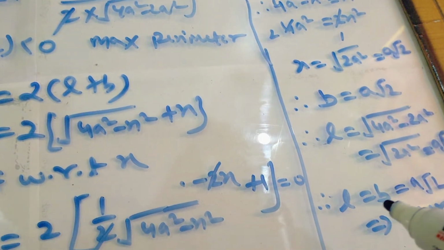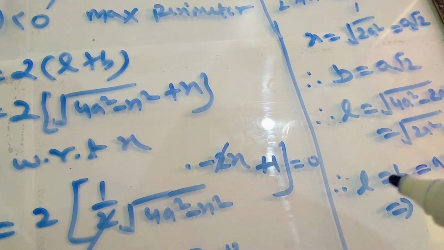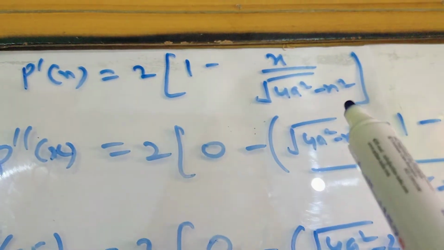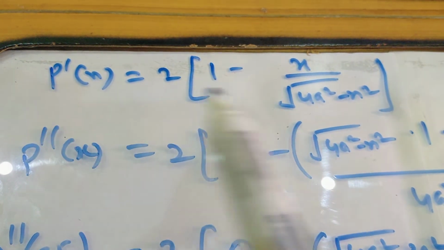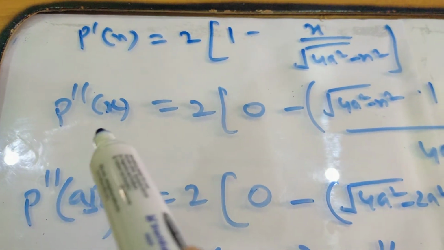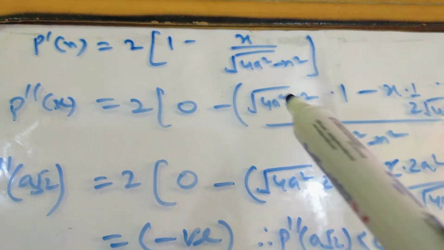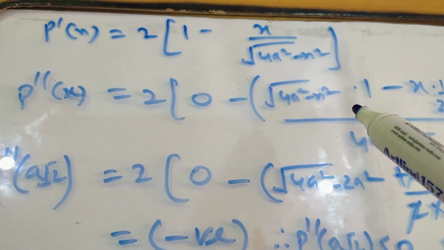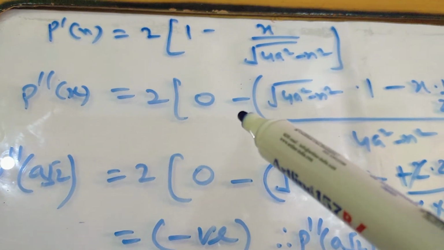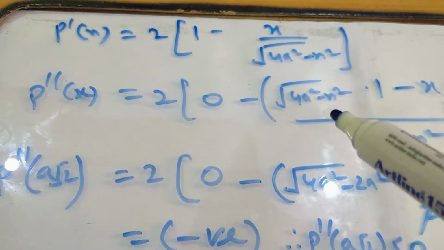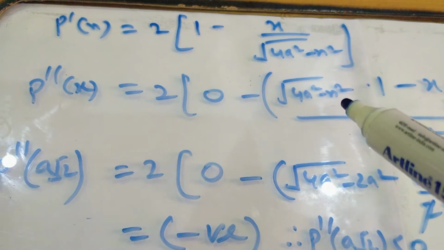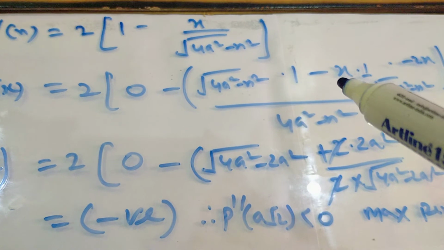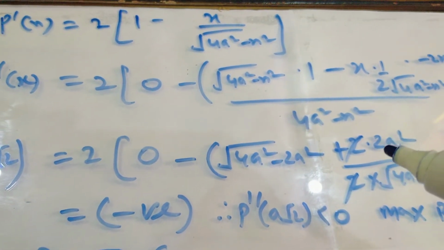Now in the second part we have to prove that the parameter is maximum. For maximization, what we have to do is double differentiate it. This is the first order derivative. Now the second order derivative means second time differentiation. If we do it, we get this portion through the chain and quotient rule. But look here, the minus sign is in front of it. I substituted the value of x square as 2a square, and in place of x, a root 2. Okay, x and x, it is x square. So therefore I have written 2a square here.